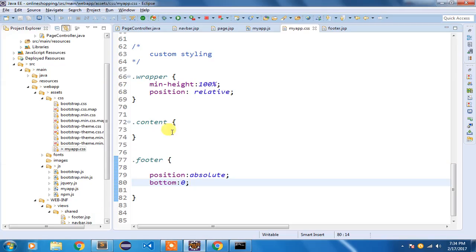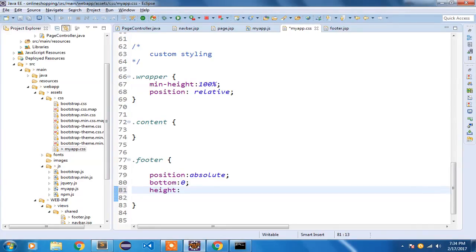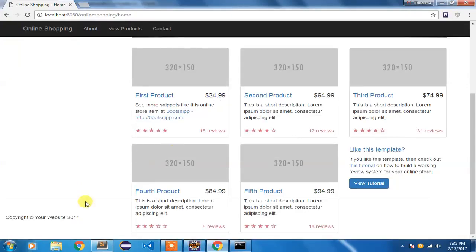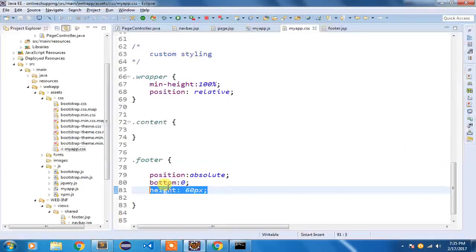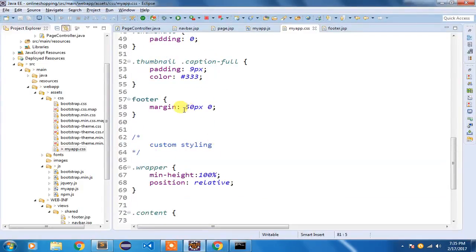To fix it, I'm going to say the height of this footer is 60 px. So I'm assigning a height of 60 px to that particular footer, and this extra space that I'm getting is because of the margin that has come with the CSS. This is the top and bottom margin which we are getting. I don't want any margin, so I'm going to simply set it to 0 for our footer element.